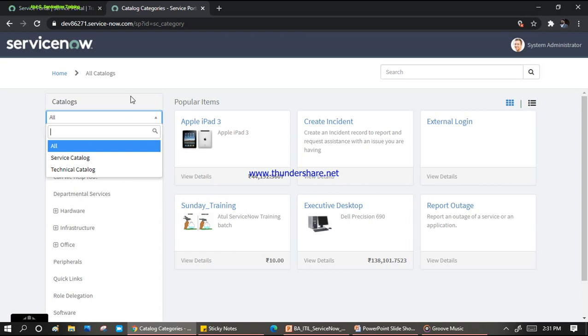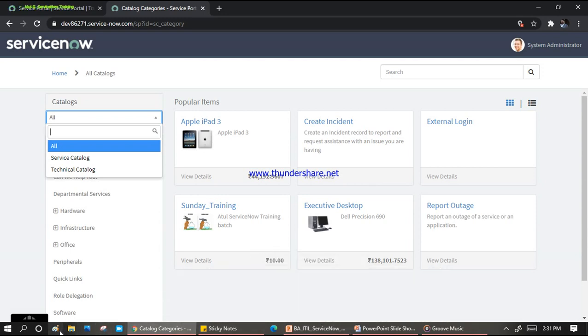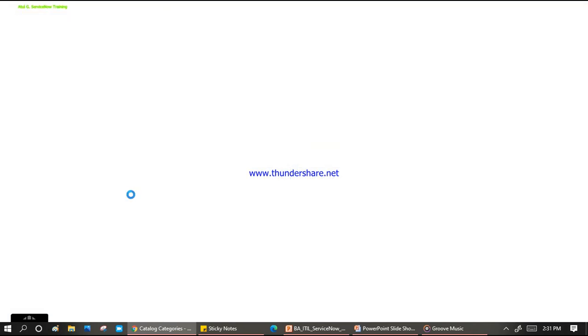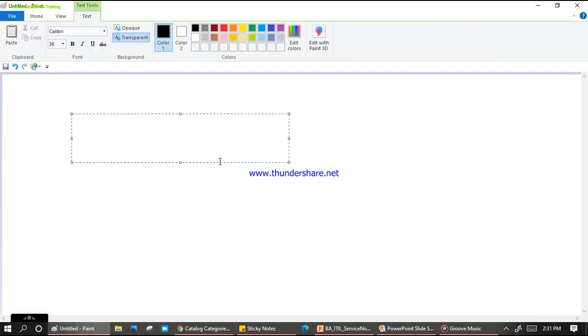Okay, so how the hierarchy works here specifically I can say. Let me open this page here. So on the top we have a catalog, then we have categories, and then we have items.